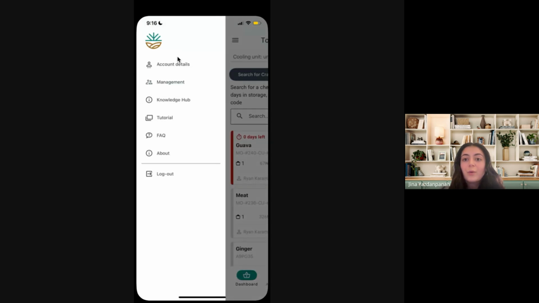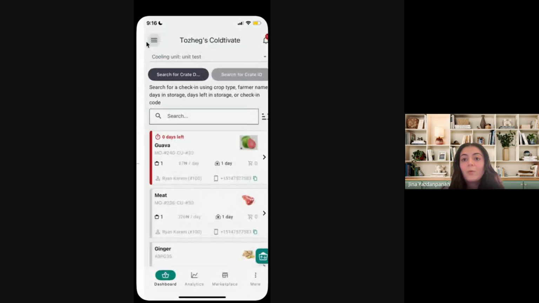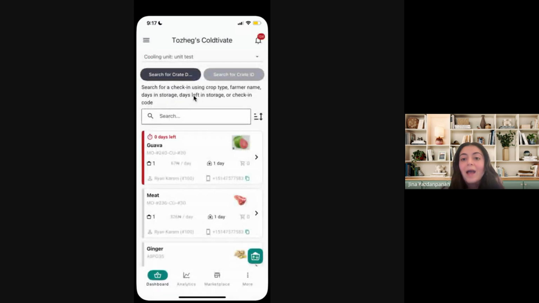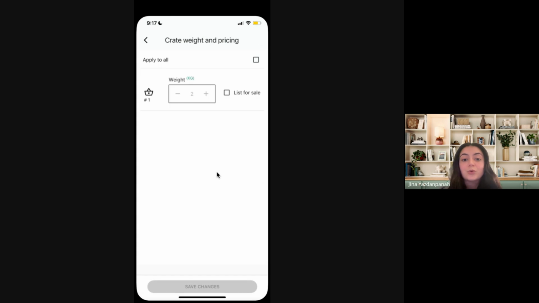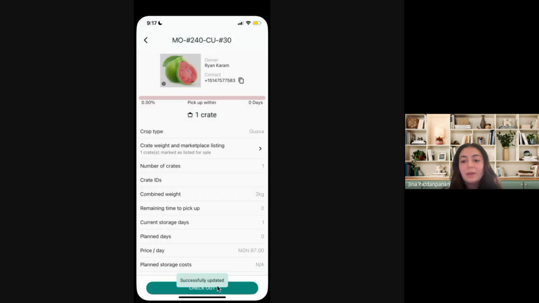So starting off, we'll go into the same account details where an operator is also able to set up their seller settings just as the registered employee. What you'll see is that from a management perspective, the operator does not have access to the same functionalities as the registered employee. However, when an operator is managing check-ins and checkouts of a room, they're able to edit these settings to assist cooling users to set crates for sale, just as the cooling user is able to do for themselves. Here, you can apply to all, list for sale, and set a selling price for any item in the